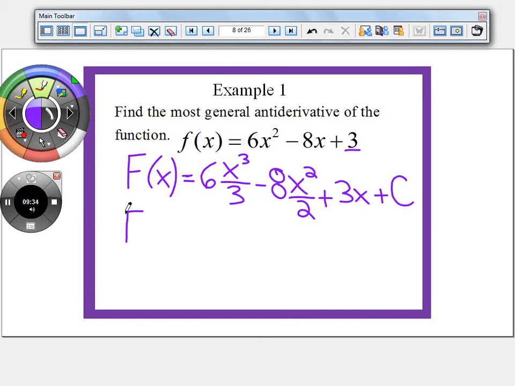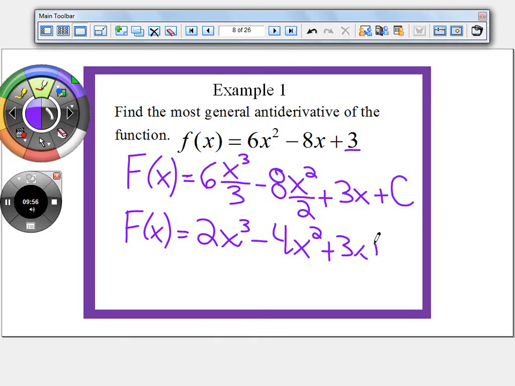All right, and then you could leave it like that, or do a little bit of simplifying, clean it up. So that will cancel out. So this would be 2x cubed. Wow, I might have to change my battery real quick. So minus 4x squared. Sorry about that. And then plus 3x